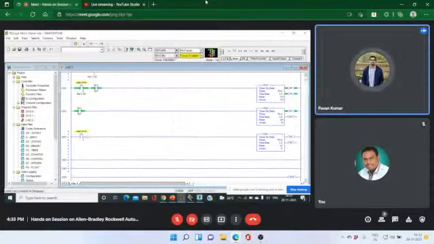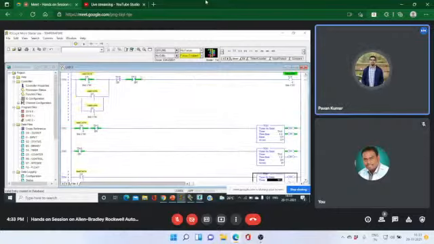It works as when we have case 2 energized, the timer goes on up to 20 seconds. The timer done bit allows the passage of current, so the heater remains on for 20 seconds, and after 20 seconds it goes off.